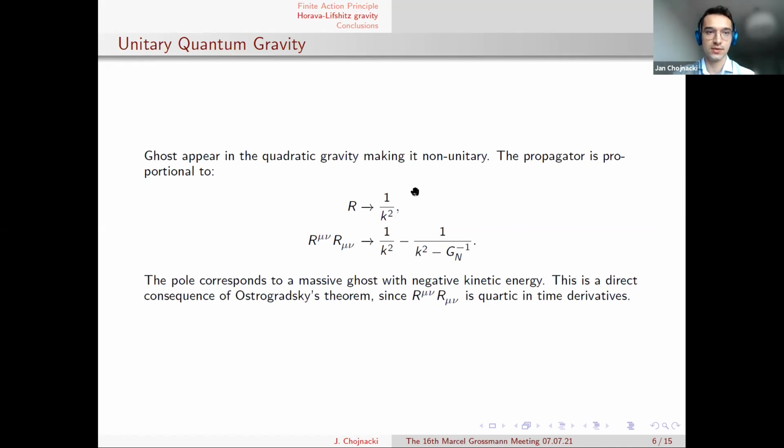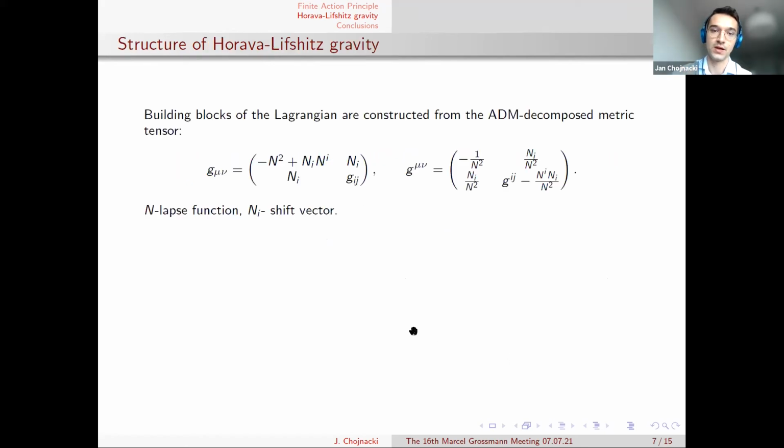And by pathologies, I mean just a ghost degree of freedom. When we include a quadratic gravity term, due to Ostrogradsky's theorem, we will have this massive particle which has a wrong sign of kinetic energy. And we know that it will always happen when we have, for example, higher time derivatives, as here. One way to get rid of it, well, the whole panel is devoted to it, is Horava-Lifshitz gravity, which